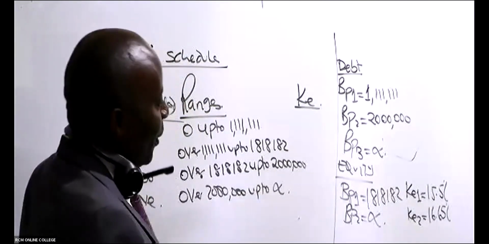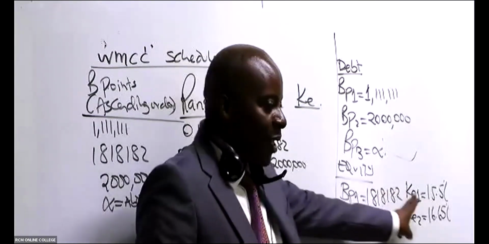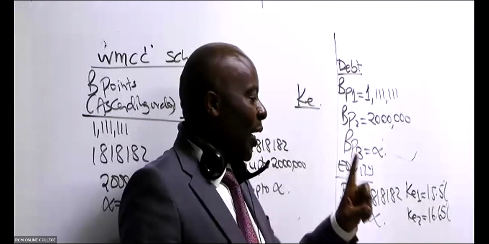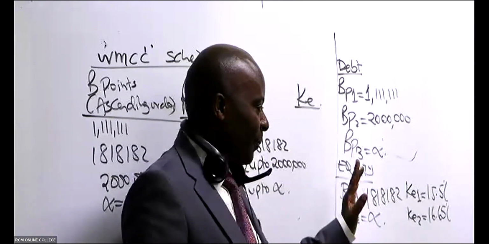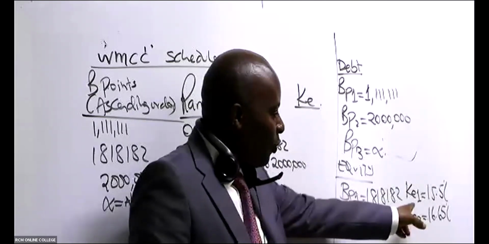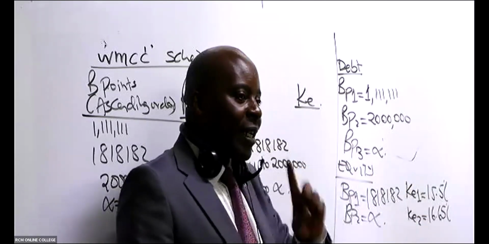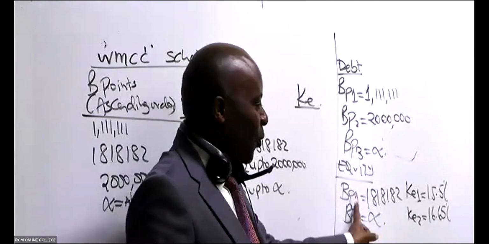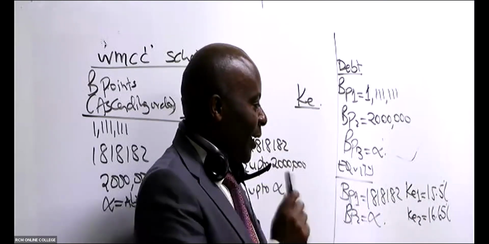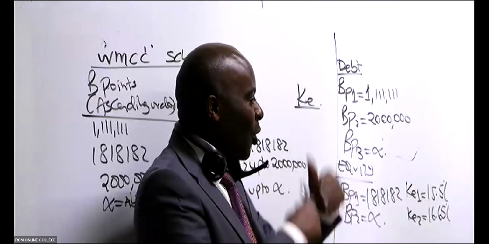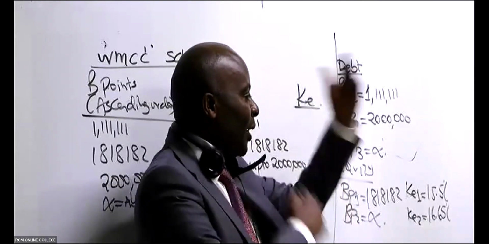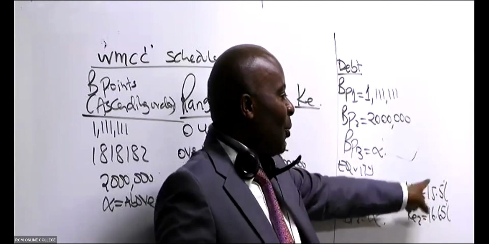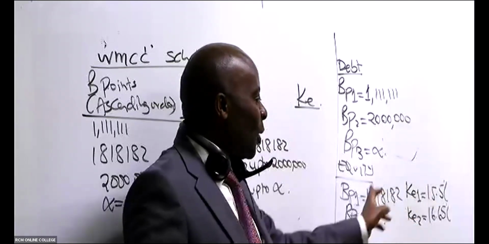Now listen, you can see we have got how many costs here? 2. Breakpoints are how many? Actually 1. The other one is just infinite. So the first cost of equity will run up to the first breakpoint. It will keep on running up to breakpoint 1. Beyond that breakpoint 1, it increases to this higher amount. So this 15.5% goes up to